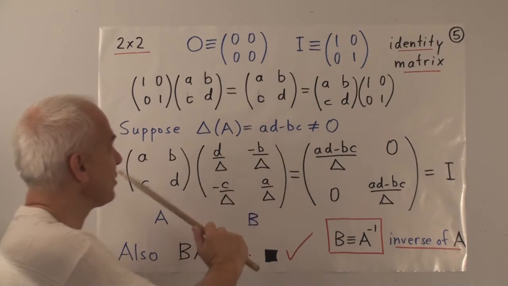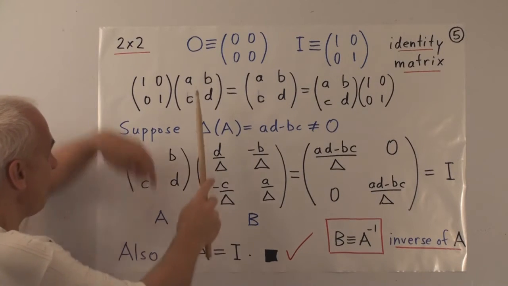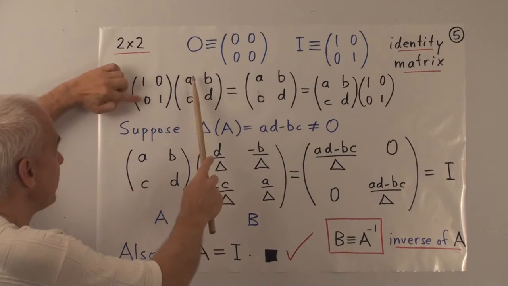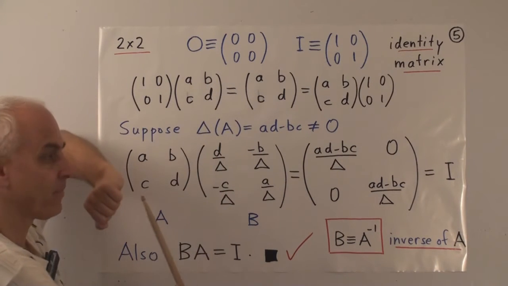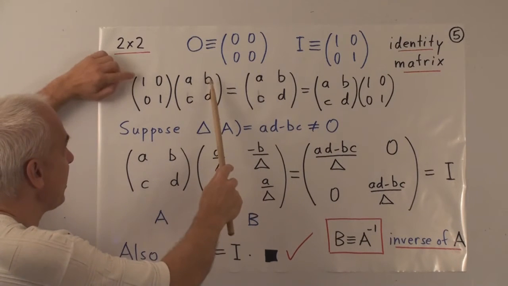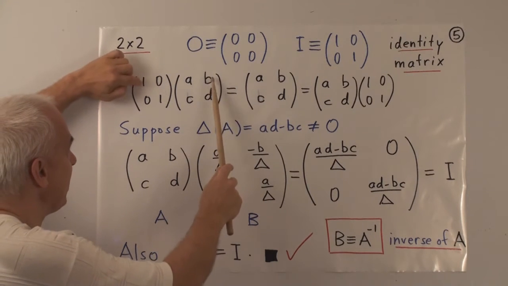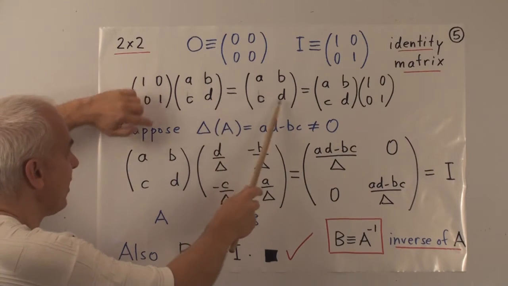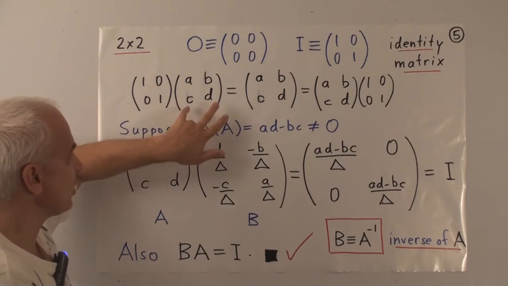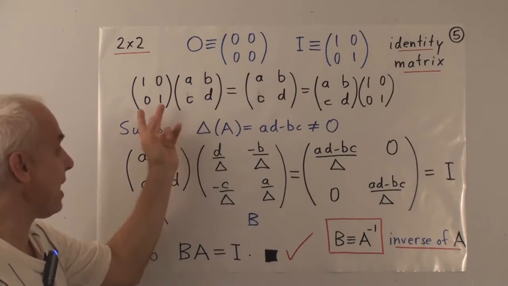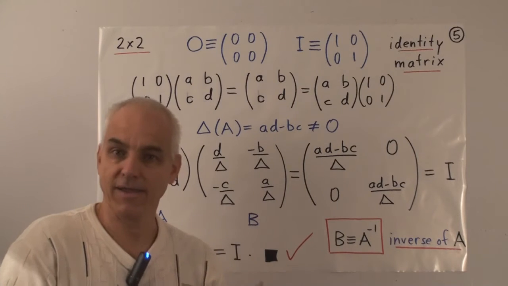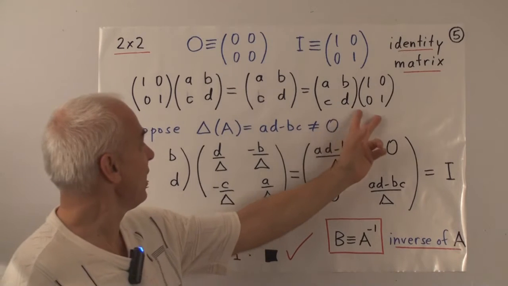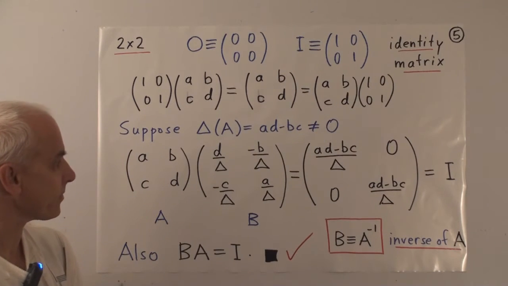Let me remind you how you do the matrix multiplication. To find the first column, we take A plus 0 and 0 plus C. To get the second column, we take this times this plus this times this, so that's B plus 0, that's B. And this one is B times 0 plus 1 times D, that's D. So we see what we're getting is just this same matrix back again. The identity matrix really is acting like the number 1 in the matrix multiplication sense. And similarly, you can check that when you multiply it in the other order, you also get the same thing.